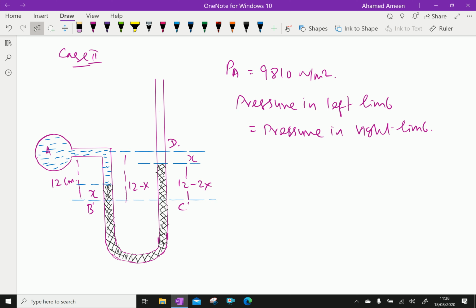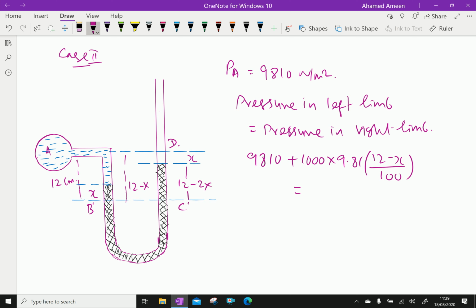Pressure in the left limb equals 9810 plus 9810, then plus 1000, rho is 1000 for water, rho g is 9.81 into (12 minus x) over 100, equal to